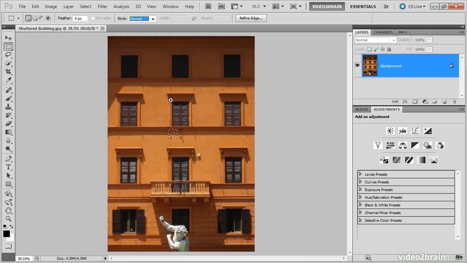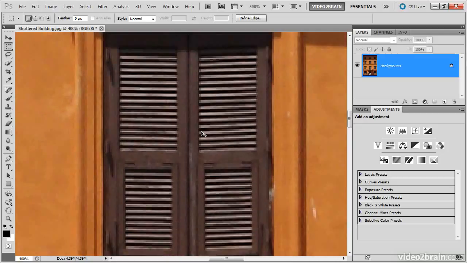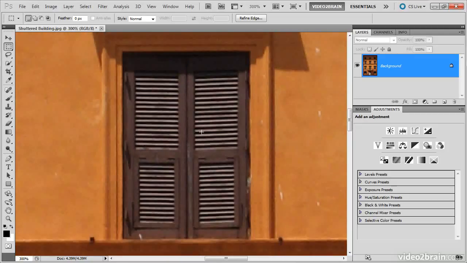I'm going to zoom in so that we can get a closer look at the shutter in the center of the building here, and then we'll try drawing a selection that only includes this particular shutter. All I need to do is click at the top left corner and then drag to the bottom right corner. But if for any reason I have a difficult time with this, there's an additional option that can be very